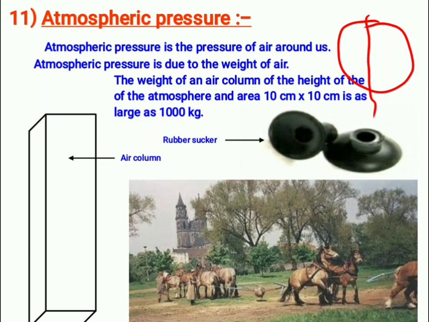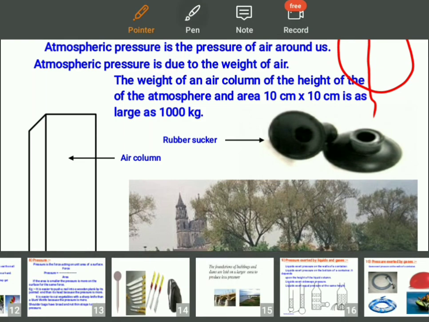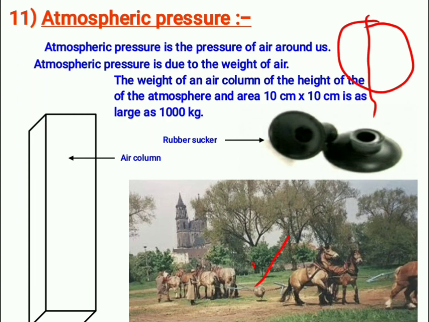So why is it not possible? Because as there is no air inside this metallic ball, what happens? The atmospheric air pressure is everywhere, so it doesn't allow the metallic ball to come apart. That is why it is not possible. The air pressure was so great that the hemispheres could not be pulled apart.